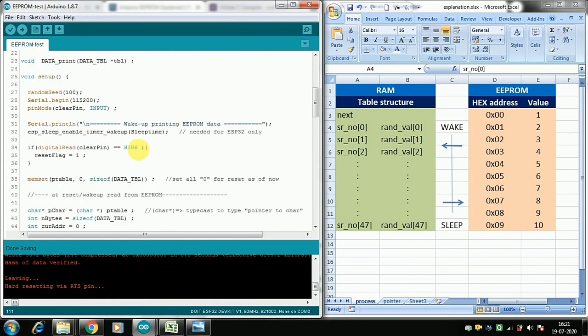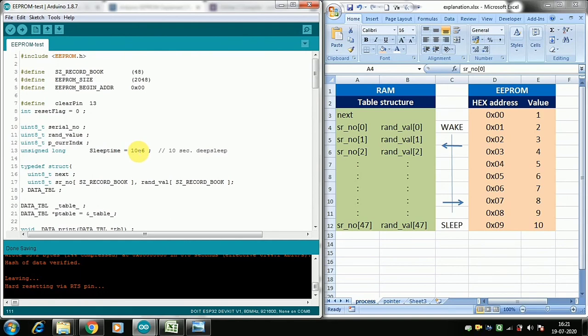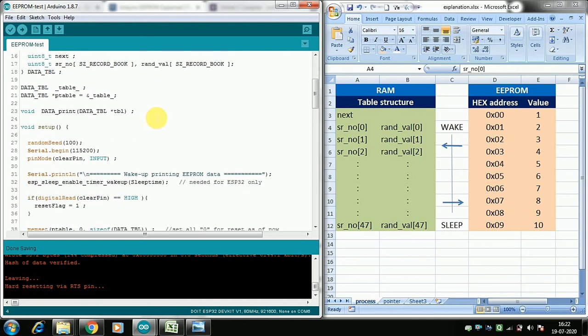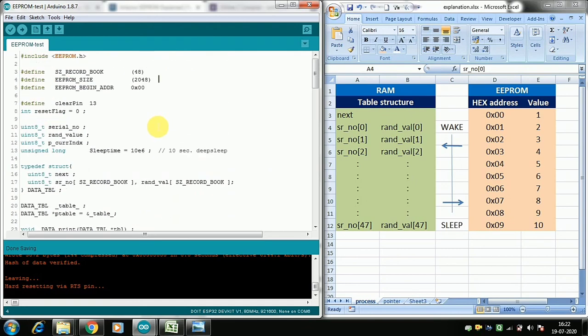So if you want to do something different, instead of resetting, the actual way would be, and I would like you to take this as a challenge, to implement a FIFO stack. So when the 49th record comes, the first record will go out of the stack, all the records will move up, and the last record will get appended at the last row. Okay, so you can try doing that. That would be kind of a challenge. And in a real life case, you will have to implement such a stack, because the Wi-Fi might be off for a very long time. In that case, you need to implement that.